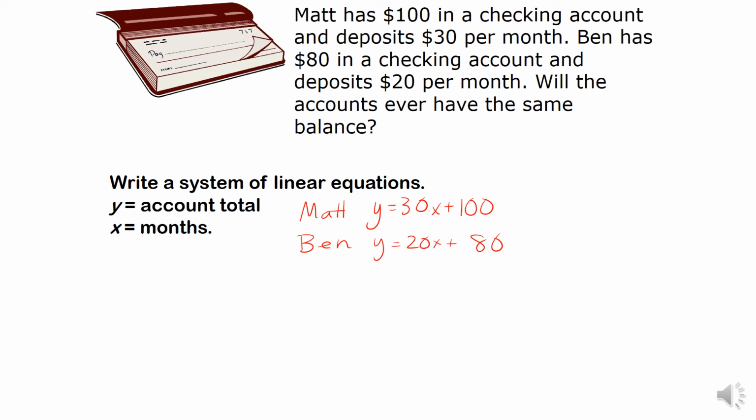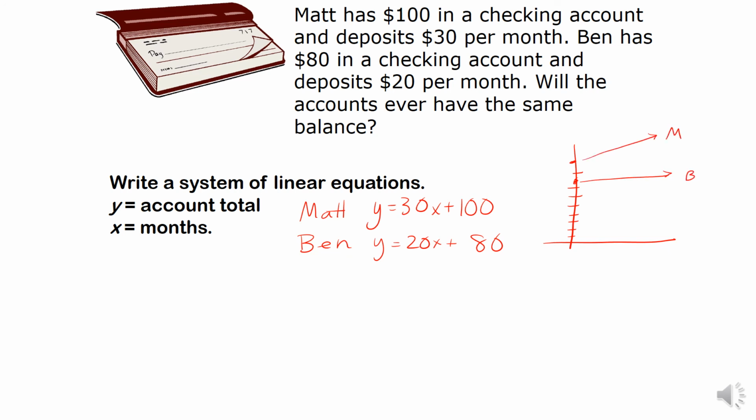Now, you might say, oh yeah, they're going to intersect, but are they ever going to catch each other? So here's what you need to know. We're starting one at 80, 10, 20, 30, 40, 50, 60, 70, 80, and one at 100. But this guy is going up slower than this guy. He has a larger slope. This is Matt,